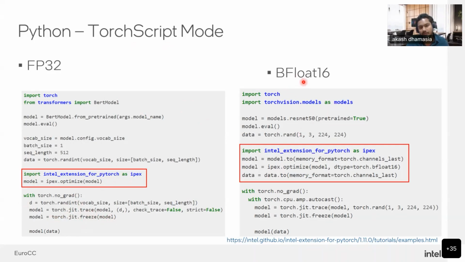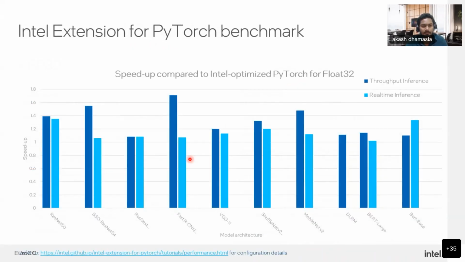And similarly for bfloat16, everything was the same, but just that in the inferencing, you are using torch.jit.trace and .freeze. I'm going to talk about in the demo how it can be done. This is some performance figures which I'm showing you, like a speed up compared to the stock PyTorch,